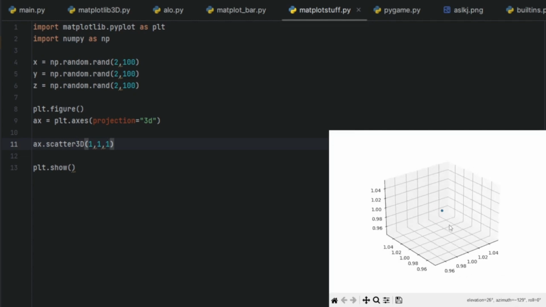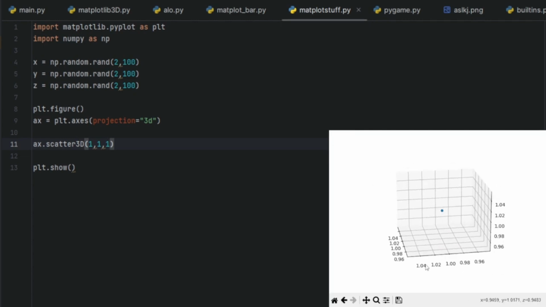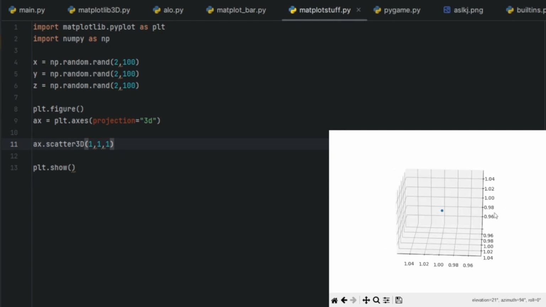Here we go, and we got a dot at position 1, 1, 1 here. Like always, kind of hard to find the dot, but here we have a dot. Okay, but this is pretty boring, so let's